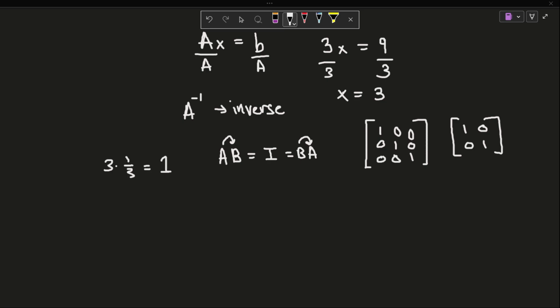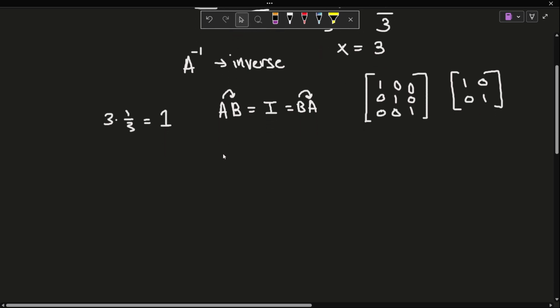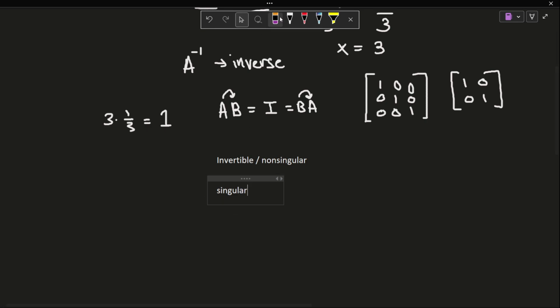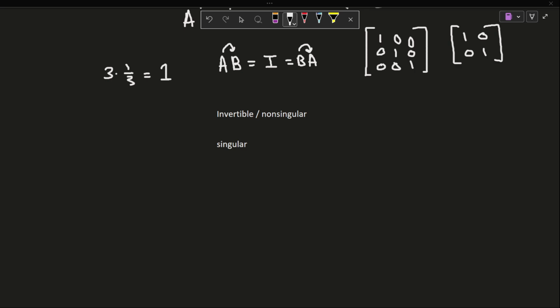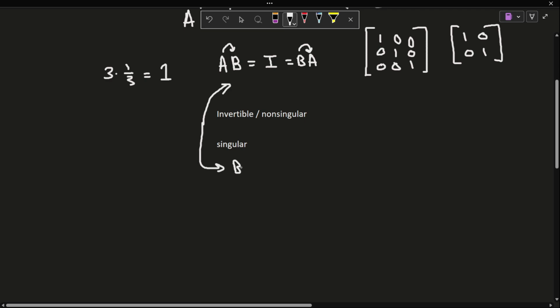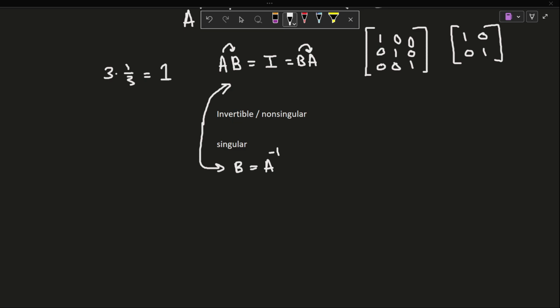And so that means that inverses only exist for square matrices, but they do not exist for all square matrices. So if it does exist for a square matrix, then we're going to consider that matrix to be invertible, or another term you'll see often is non-singular. And then if they don't have an inverse, then we're just going to call it singular. Okay, and in this case here, B is going to equal, to keep our notation, A raised to the minus first power, or A inverse. And you're not going to really hear anyone say raised to the minus first power. It's just inverse denoted in that manner.